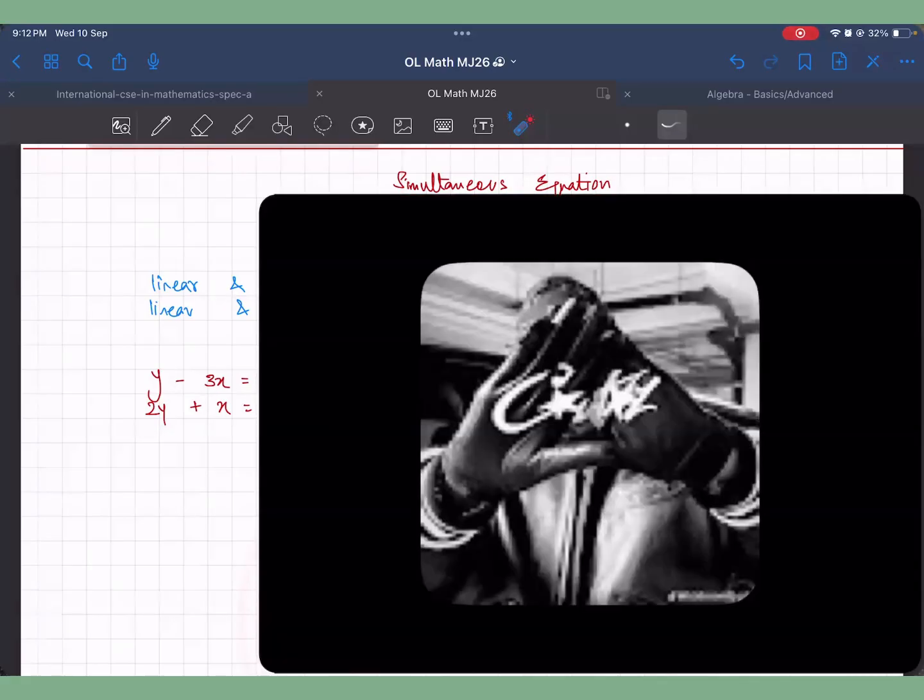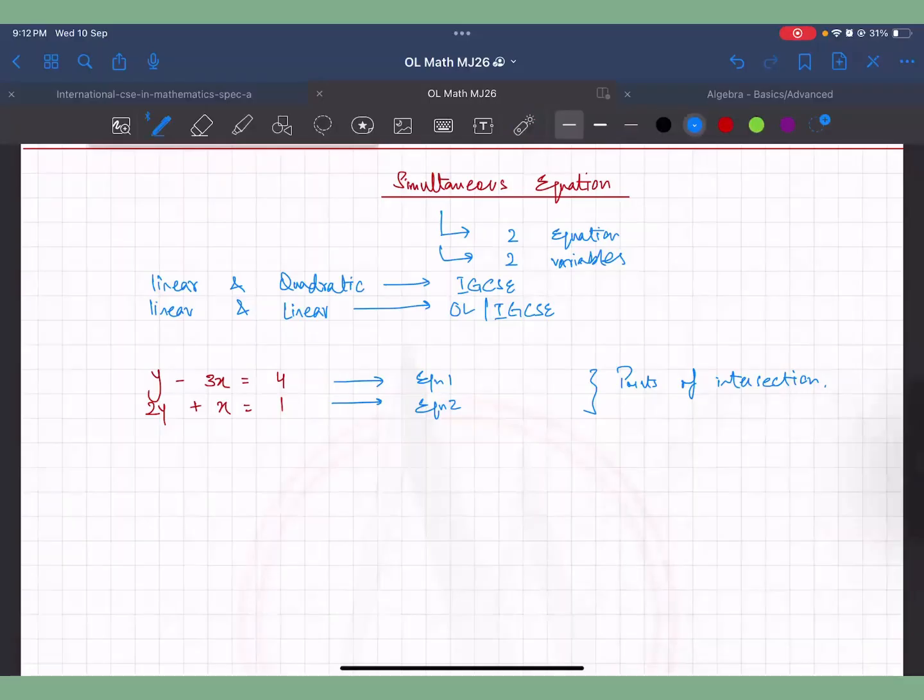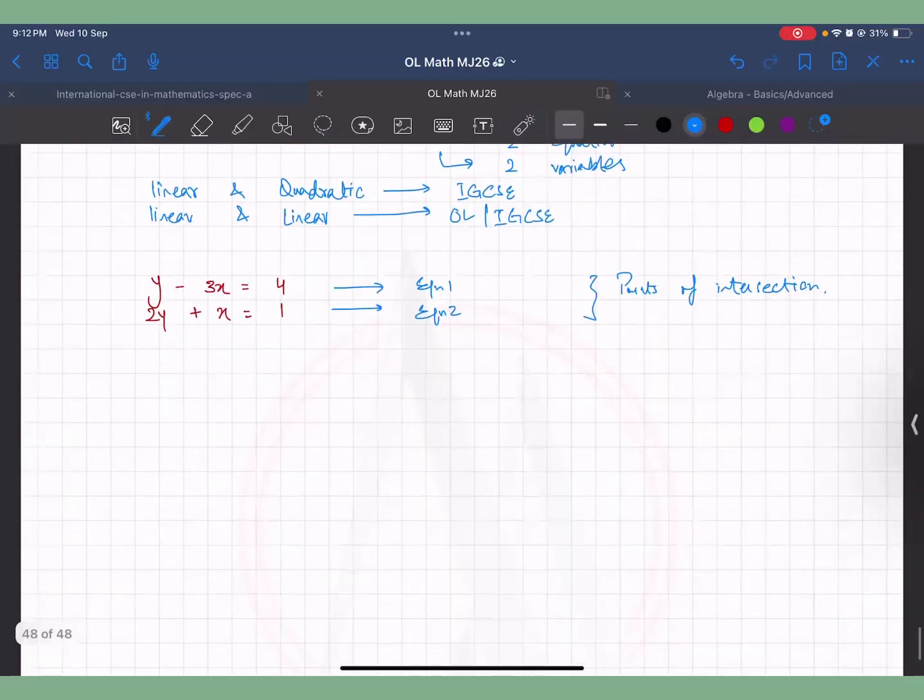So to get the point of intersection between them, there are three methods. We have the substitution method, and elimination, which I don't recommend. I will tell you why. And the third one is graphical. We have not moved on to the graphical part in detail right now, but I will explain it to you. The logic behind it. So you have three methods to solve it simultaneously.